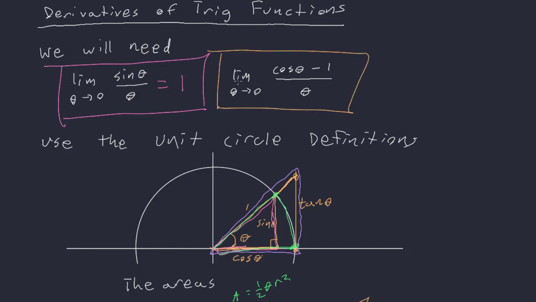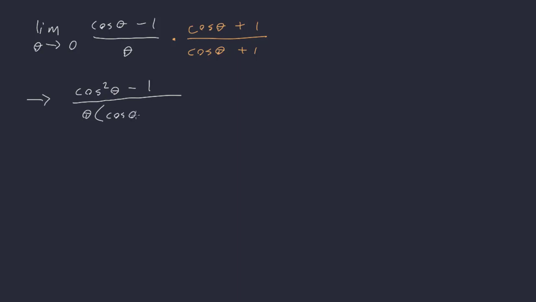Next we need to look at this limit. The limit as theta goes to 0 of cosine theta minus 1 all over theta. For this one it may seem strange, but we're going to use a conjugating factor. I'm going to take this cosine theta minus 1 and take a cosine theta plus 1 and multiply it on the top and the bottom. And you might wonder why I would do that. Well, it's because when we do our difference of squares idea to get cosine squared theta minus 1 all over theta times cosine theta plus 1,